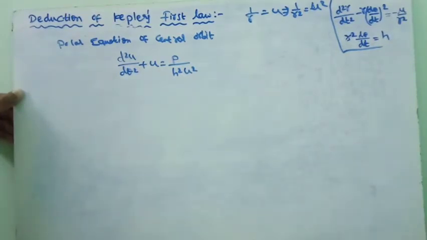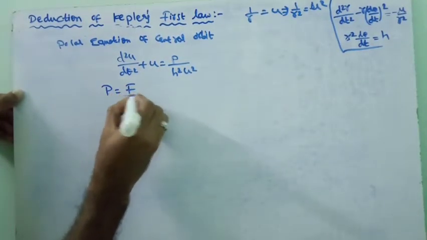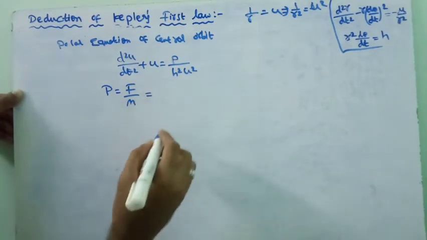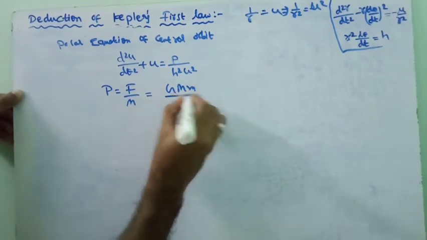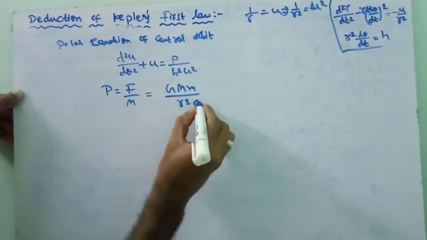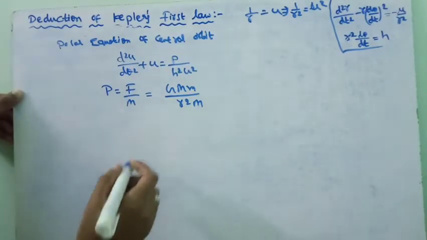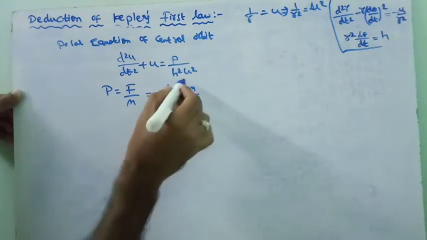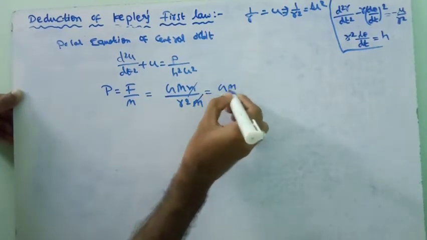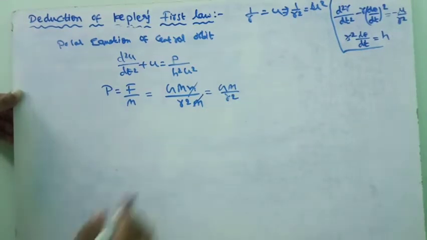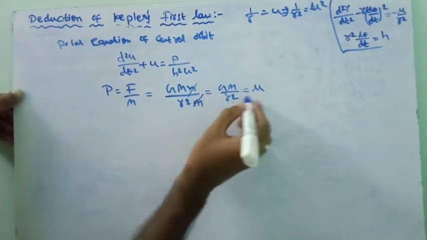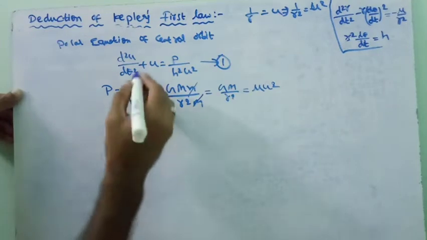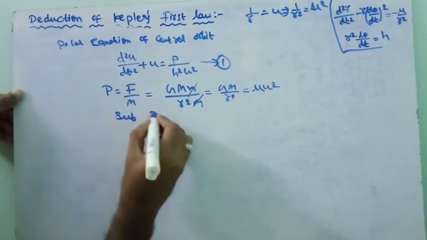Here we know that pressure is equal to force per unit mass, so P is equal to F by m. We know that F is equal to minus G M m by r square. We substitute the force value here. By cancelling m and m, we have G M by r square. G M can be written as mu, and 1 by r square can be written as u square. Substituting this P value in equation 1,